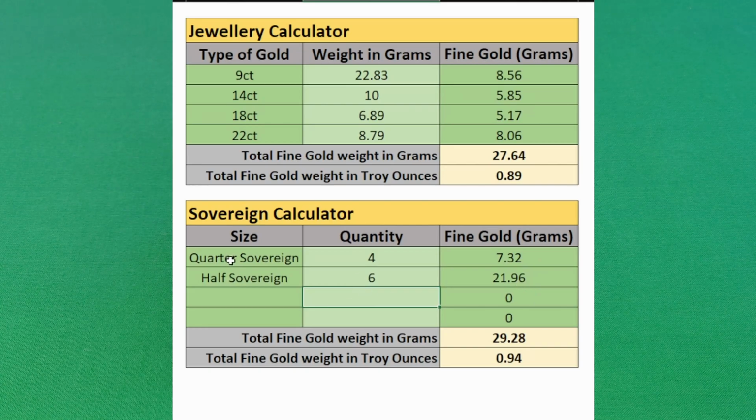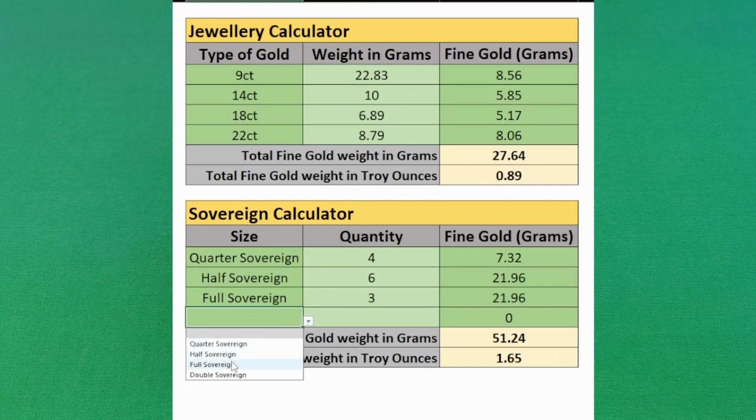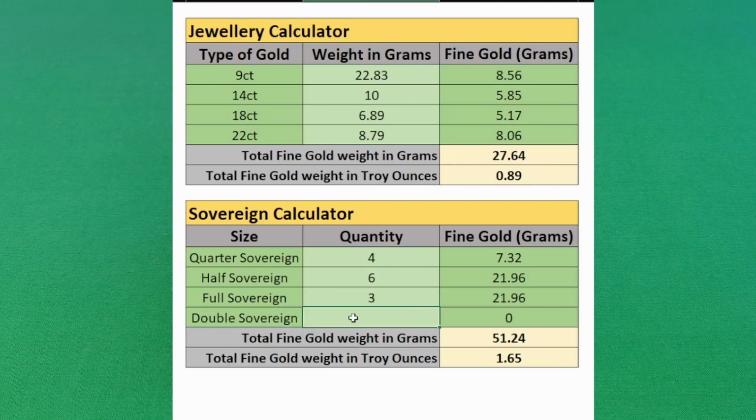So as you can see, all you need to do is select the type of sovereign you have, pop in the number of sovereigns you have, and that will give you your fine gold or scrap value for the gold you have. Likewise, if it was a full sovereign and you had 1 full sovereign, it would be 7.32 grams. If you had 3 sovereigns, like I do myself, that is 21.96 grams of fine gold. They're not too common these days, but I have included the double sovereign just in case anybody has any out there. So if you had 5 double sovereigns, using this you would be able to calculate that the fine gold weight of those double sovereigns would be